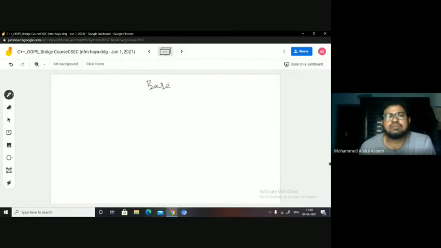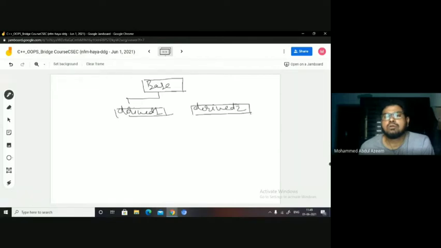I have, let us say, one base class. And this base class is inherited at derive 1 class, and at derive 2 class. This is how the syntax diagram of the inheritance looks. The arrow will be towards the derived class always, right?